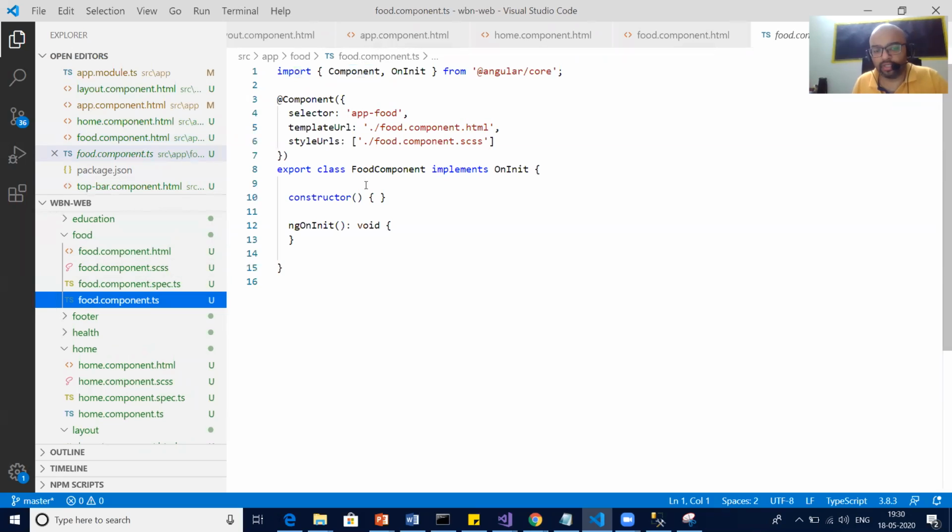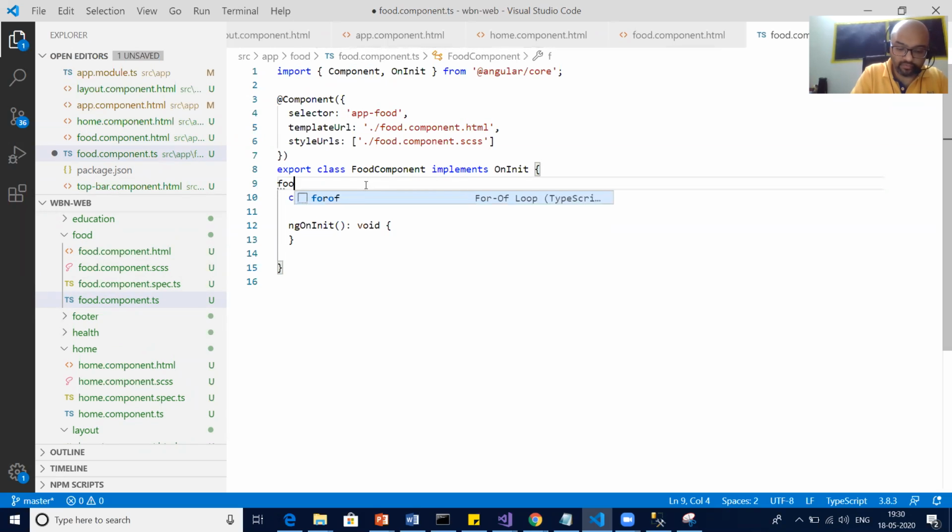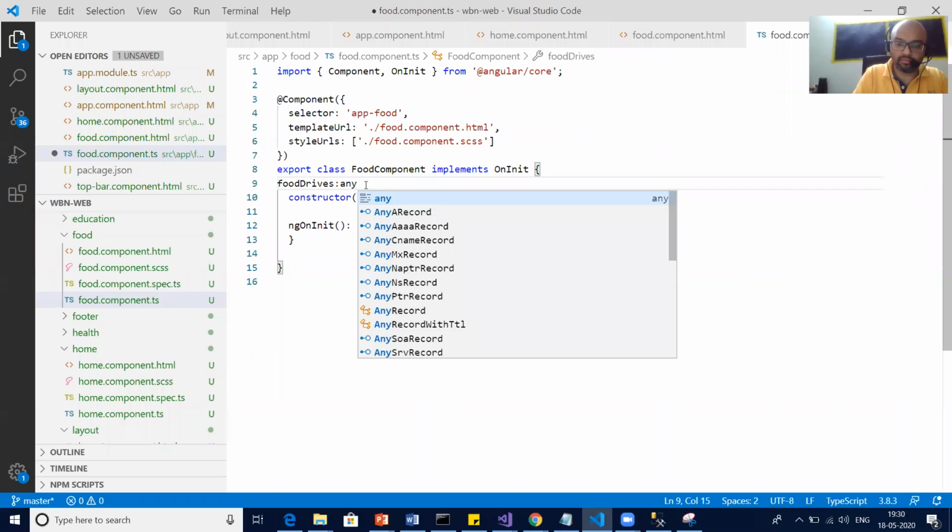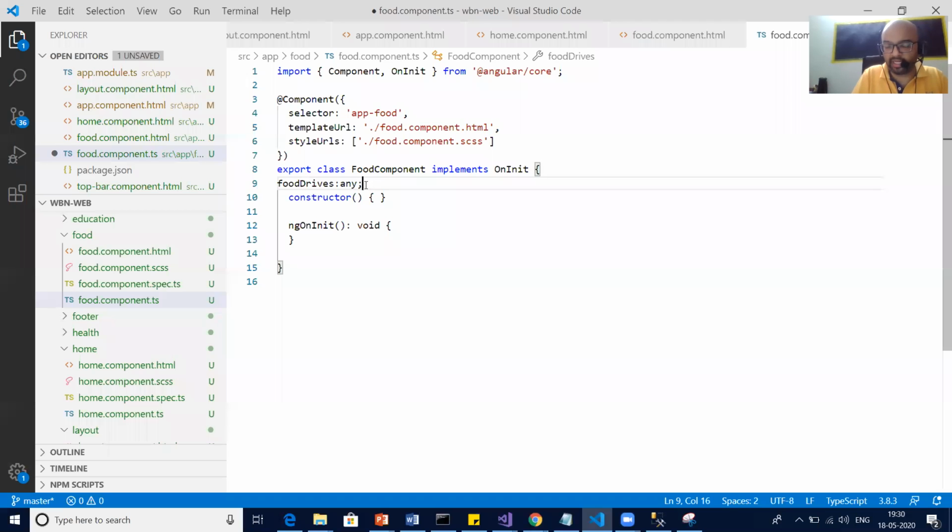In the food component, here you give, I would say, this is food items, or food drives. Of course, you will be getting the data from an API. So in the constructor I will say this dot food drive equals an array, and in fact you can do it over here also.